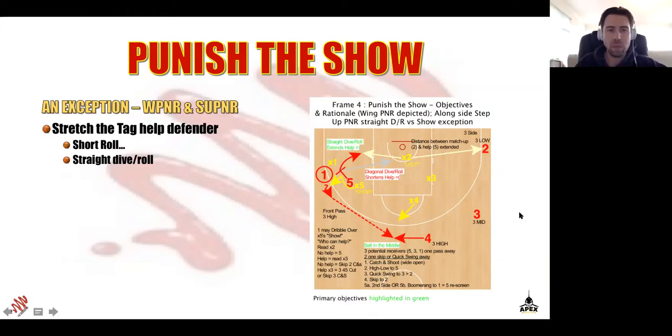We talk about this being an exception, all right? And the reason there's an exception in terms of stretching the tag, help defender, with short rolls or straight dives, is when it's wing pick and roll. So this is a wing pick and roll depicted where they're sending it middle with a 3-side front side, or step up pick and roll, which would be very similar spacing, except this would be sending the ball